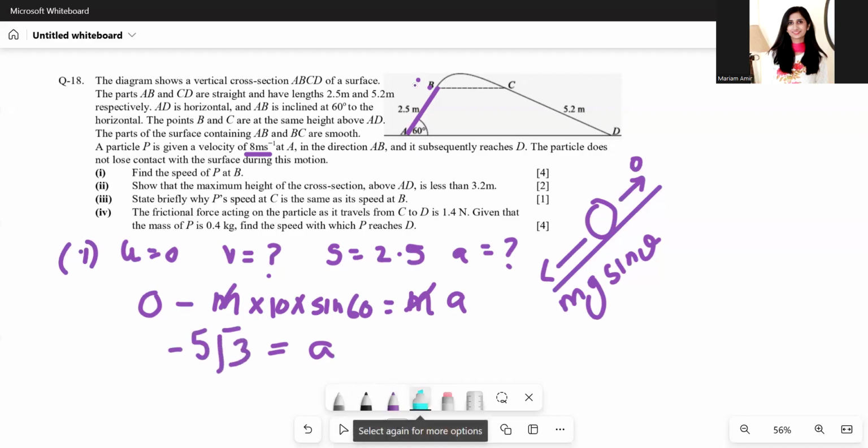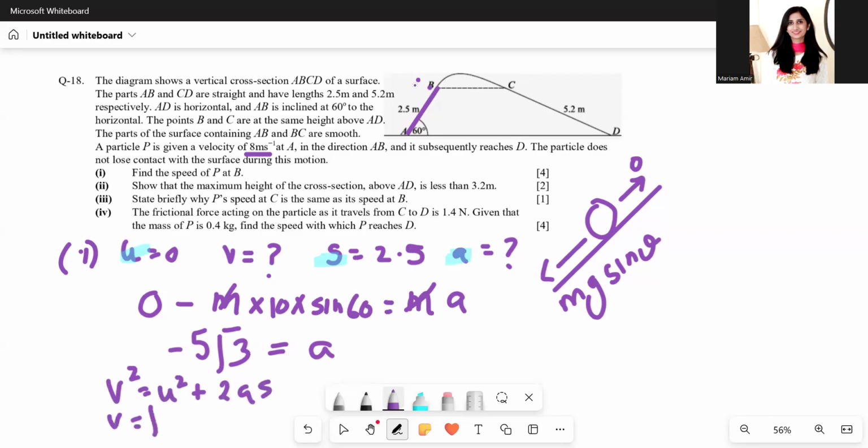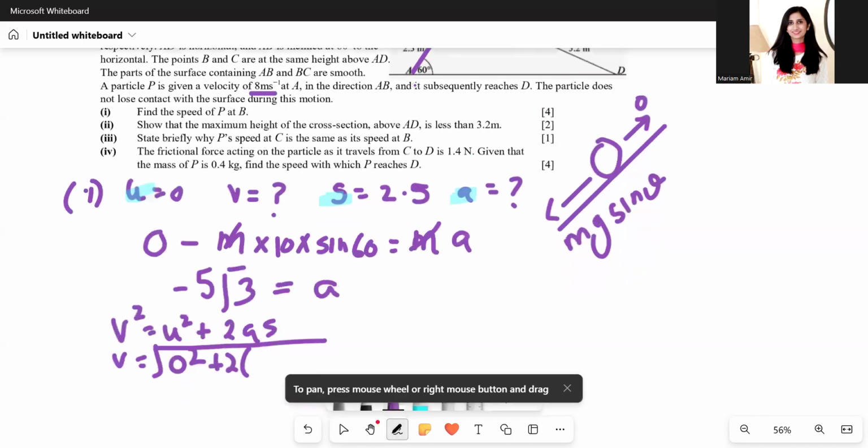Now we have the acceleration, the distance, the u. We're going to use v squared equals u squared plus 2as. That gives us the value of v. 0 squared plus 2 times minus 5 under root 3 times s, which is 2.5, which gives us,